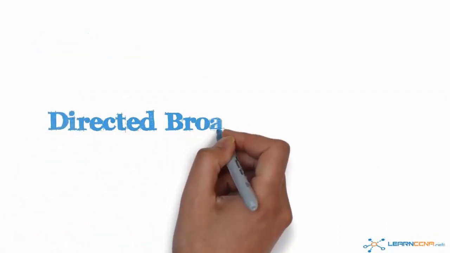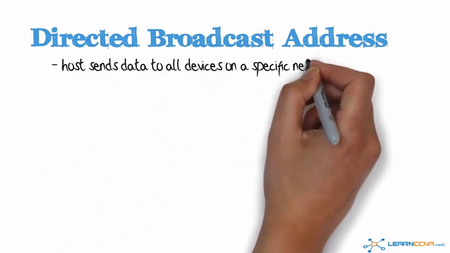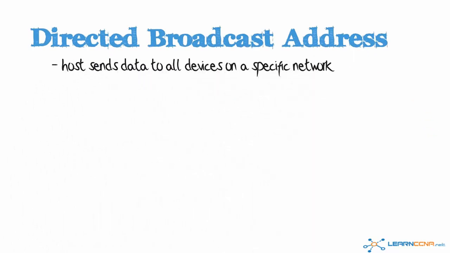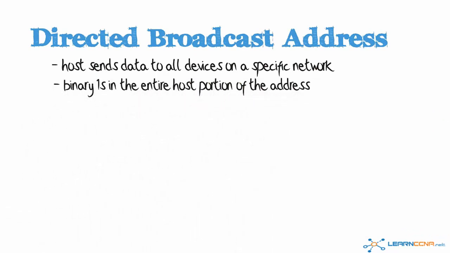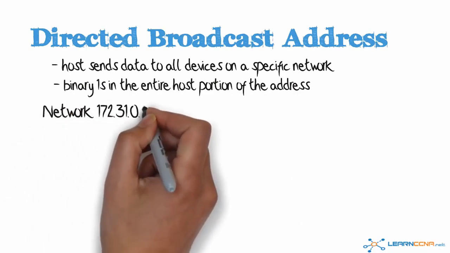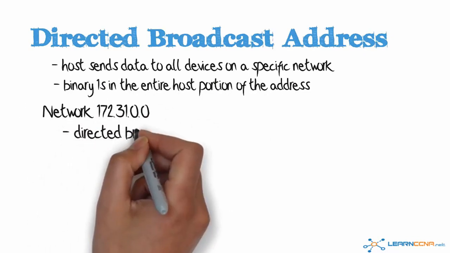So now let's look at some of the special addresses that you'll encounter in your networking career. The first one is directed broadcast address. A directed broadcast address is used by hosts to send data to all devices on the specific subnet or specific network. In directed broadcast addresses, the entire host portion of the address is populated with binary ones. So as an example, if we have a network of 172.31.0.0, the directed broadcast address is